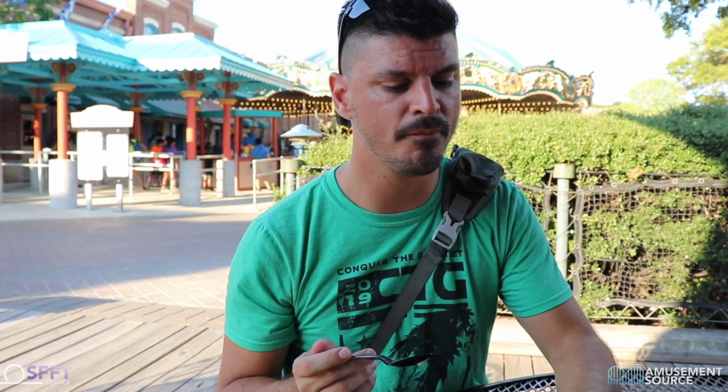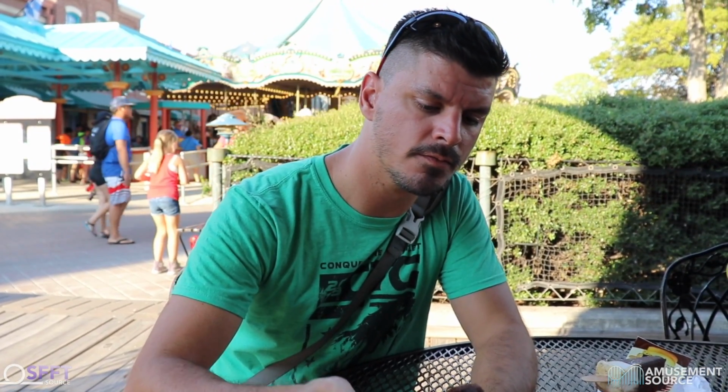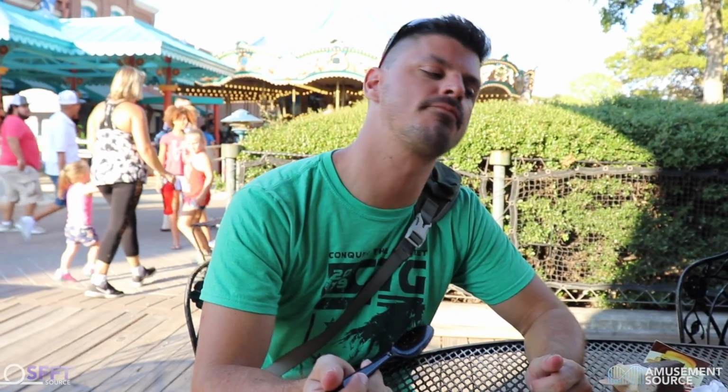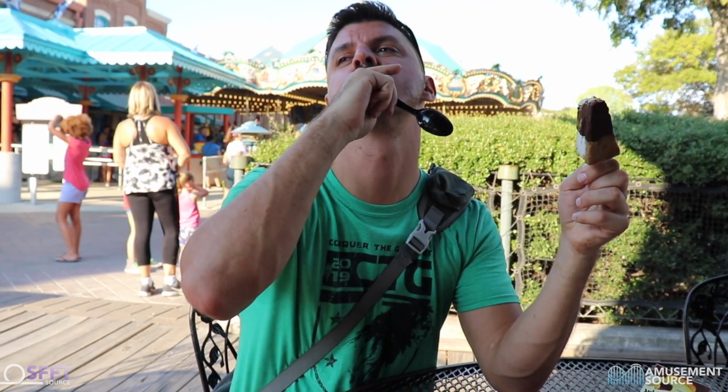Which actually, if you have a dining pass, stuff isn't quite $2 a credit. So if you kind of look at it that way, and they didn't. I feel like they're supposed to scan our passes and maybe take the dining credits, but they didn't. So if we wanted to go get food somewhere else because they didn't scan the pass, we could. I'm not sure if they're supposed to take your credits or not, but